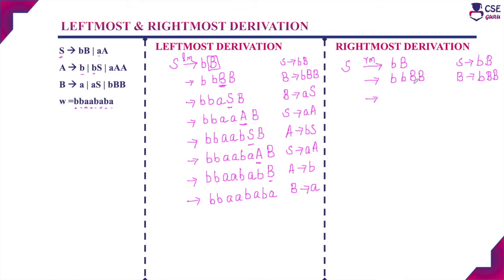Next, there are two non-terminal symbols. Since this is a rightmost derivation, we have to choose the rightmost non-terminal and apply the production rule. When choosing the rightmost non-terminal, we have to check the string from the last part, that is A, B, A, B. These inputs we have to check and accordingly apply the production rule. For this non-terminal B, we have to get the order B, A, B, A. There are three production rules: B tends to A, AS or BB. B tends to AS we can apply.